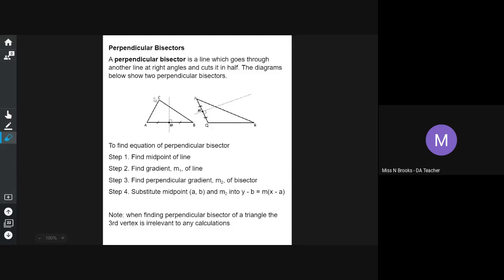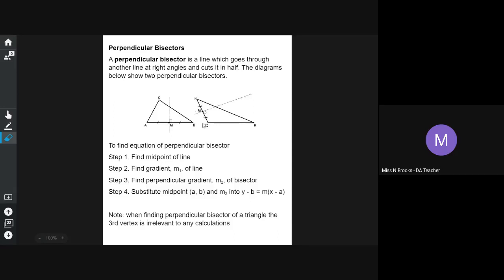One is for triangle ABC, and it's the perpendicular bisector of side AB, where we find the midpoint M, and then we're drawing in our perpendicular bisector. So you can see that both sides of the midpoint are equal. And in triangle PQR, our midpoint is M again, and it's bisecting side PQ, where we're drawing in our perpendicular